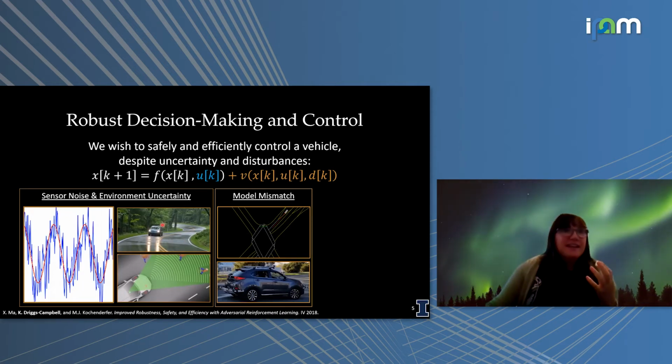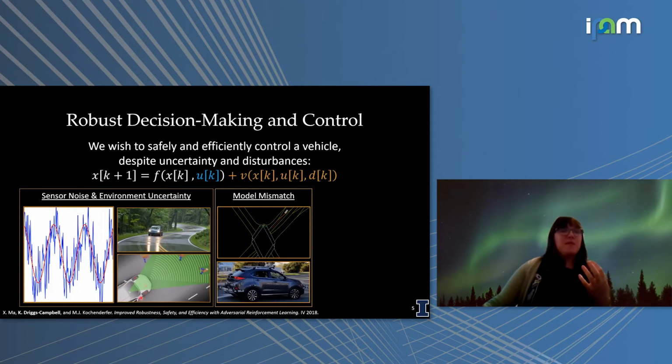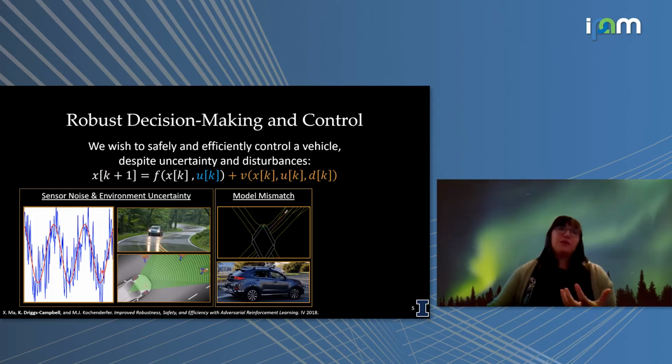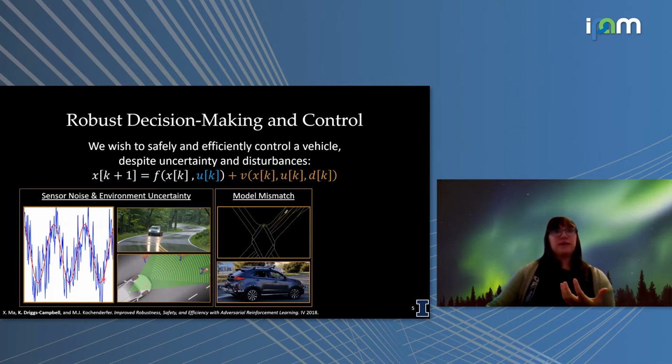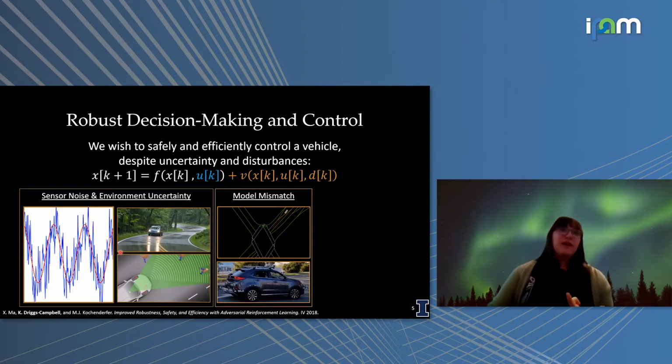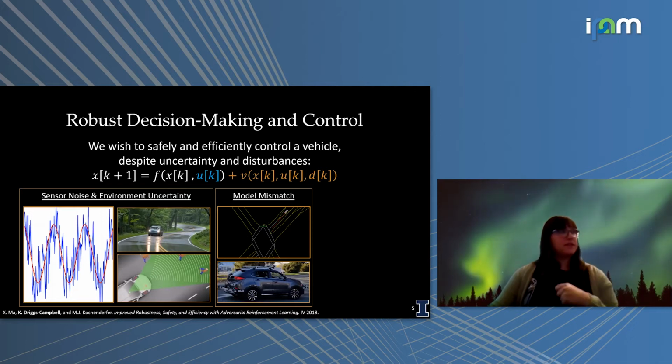This is this side of the equation, and this is how control theorists often think about the problem. They want to capture this uncertainty and define the controller to be robust against these sorts of uncertainties.